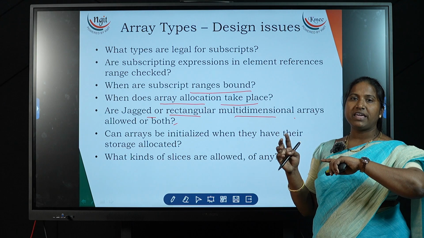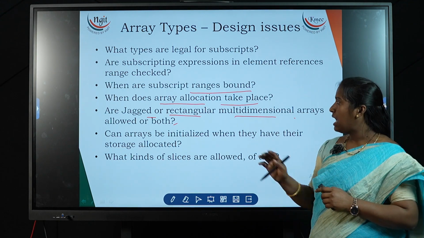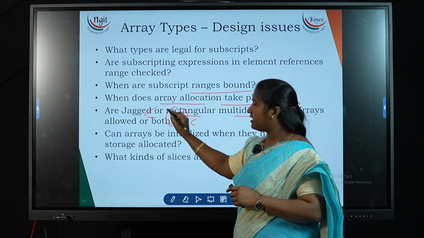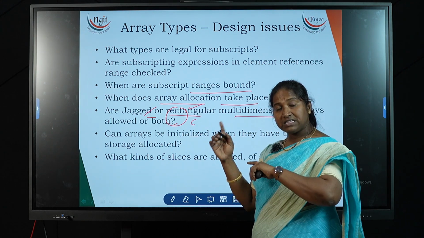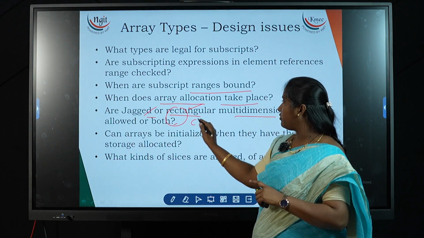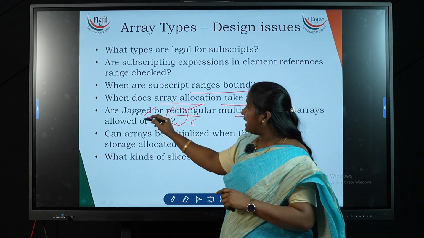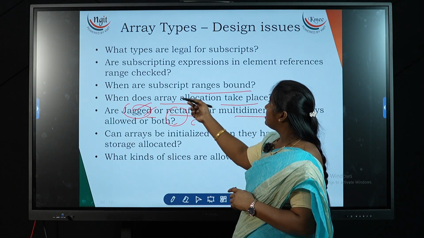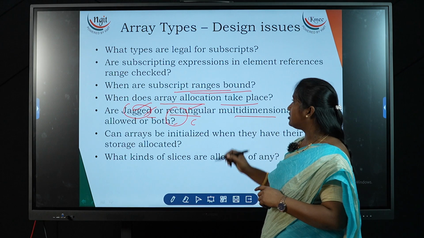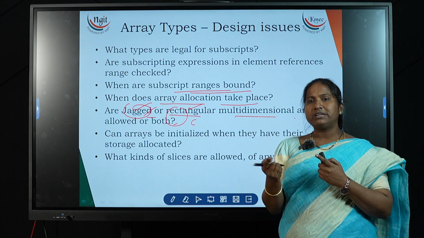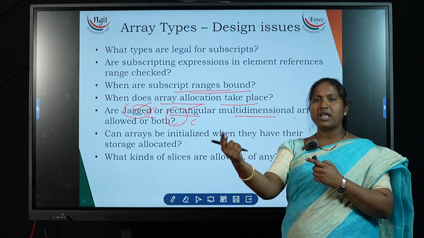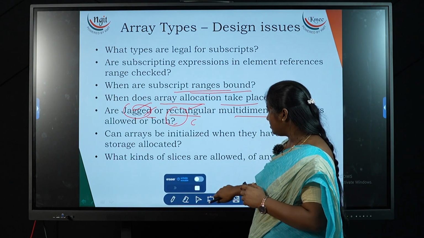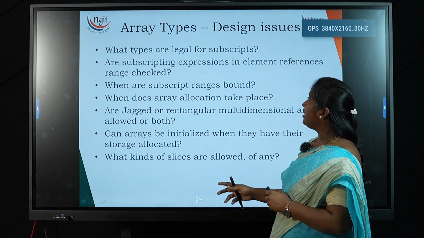Concerning programming languages, we'll see many differences. As I specified in these design issues, C will not take jagged arrays. C-based languages, C, C++, C# will support rectangular arrays. Python and JavaScript will take even jagged arrays. You can also see this in when subscript ranges are bound. Binding can happen at compile time or at runtime. Which programming languages take which sort of memory allocations, we'll see.